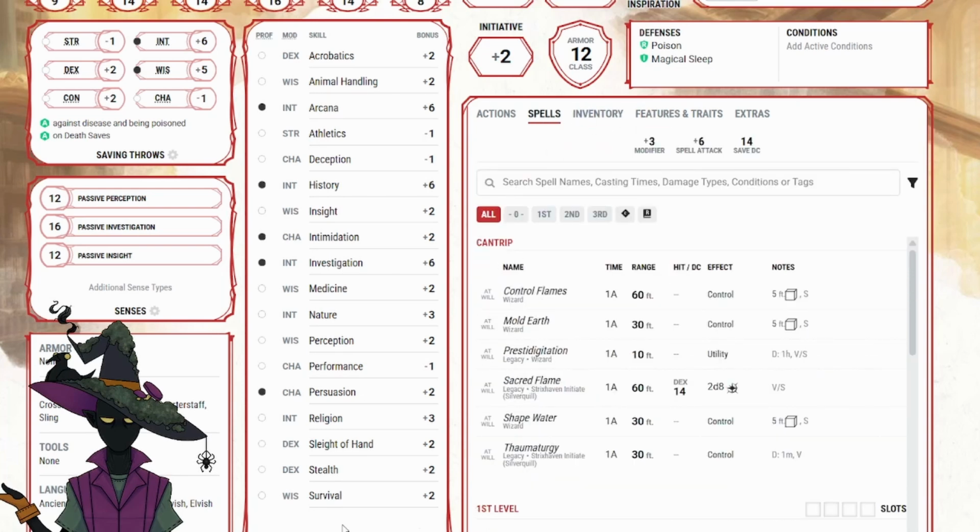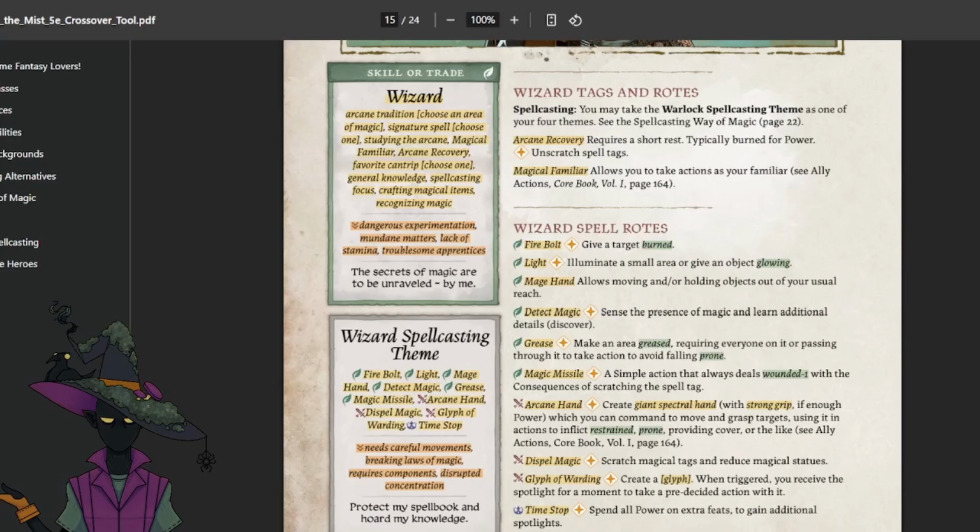But again, 5e is not compatible for every type of person, because this is too much for some of my real life friends and it intimidates them, and it's why they don't play TTRPGs. So I use the conversion rules to take my 5e wizard and port them into Legend in the Mist. So, get all this jazz.